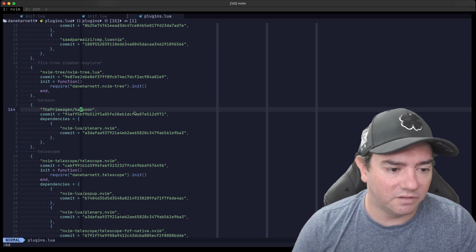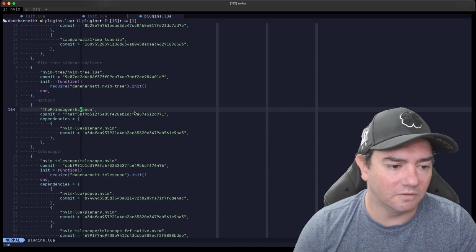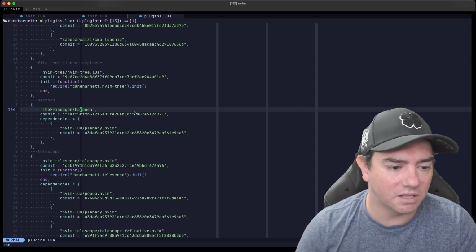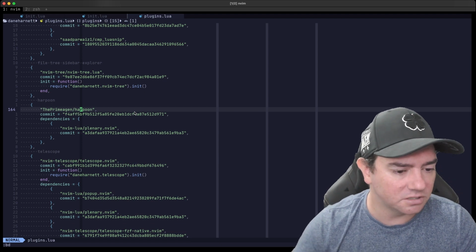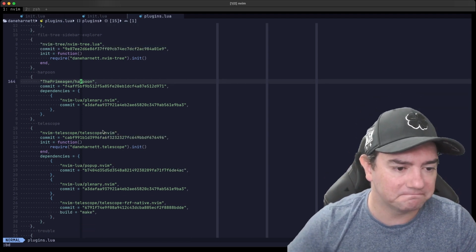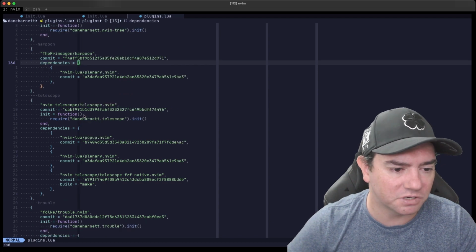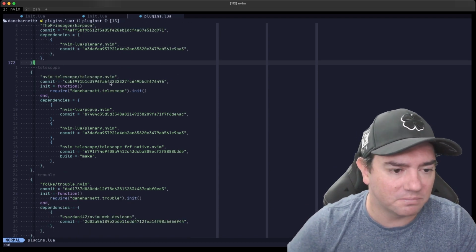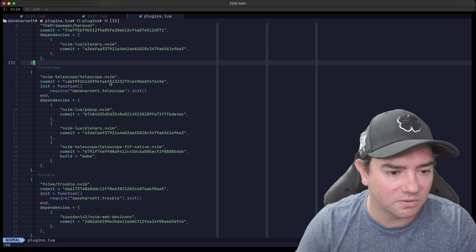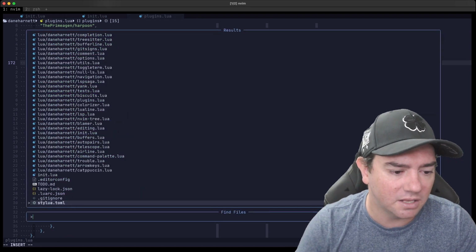This is for file navigation, so you can mark locations within a file and then easily jump to and from them. I'm still learning how to use this in a more efficient way. Telescope. So Telescope is a fuzzy finder plugin, so I can press Control P and then